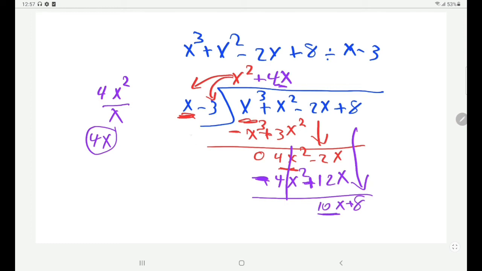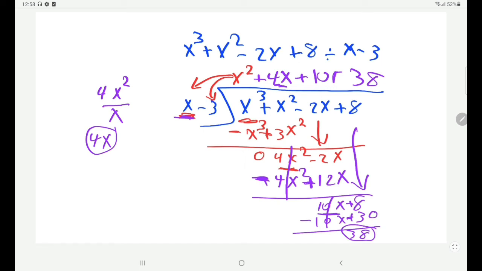You divide the first term by the first term here as well again. So 10x divided by x is just 10. So 10 times x is 10x, and 10 times negative 3 is negative 30. And you subtract. We said we'll change the sign right away so we don't get confused. Then 8 plus 30 is 38. And this is your remainder because it cannot divide anymore. So the remainder is